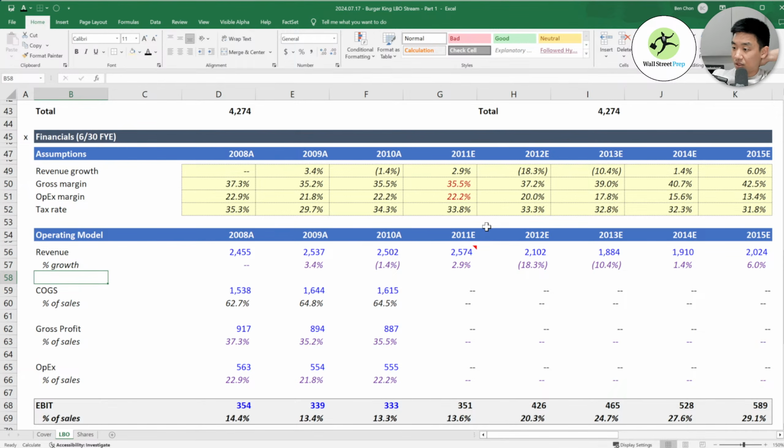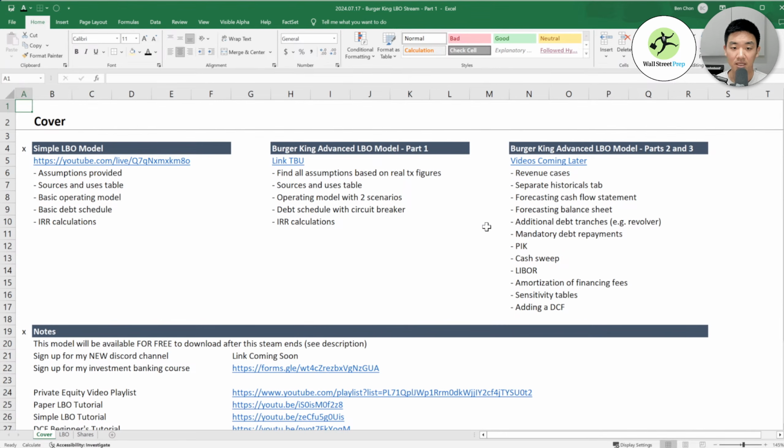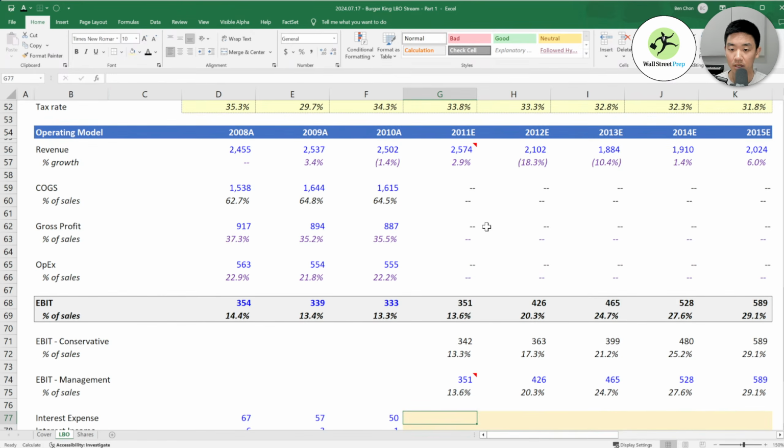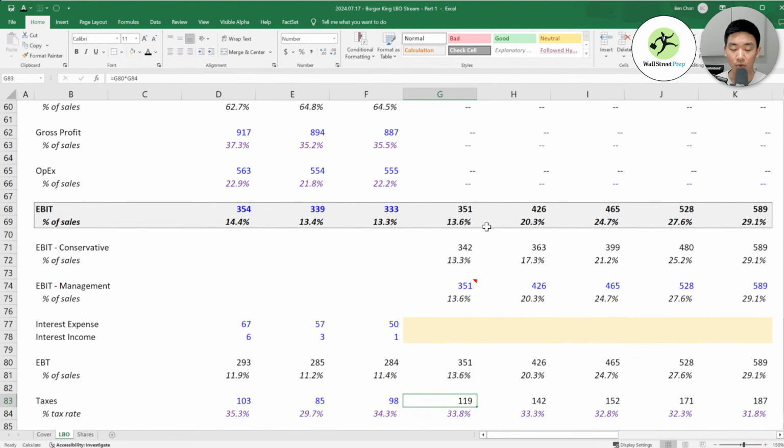Can you build a... I'm guessing you're asking about a 3 statement financial model, and that's actually going to be, as I talked about, some of you might have joined later, but this is part 1 of the advanced LBO. Later on, we're going to forecast the cash flow statement, balance sheet, and then do all this extra stuff. It's probably going to take me 2 videos, so I'm going to split it up into parts 2 and 3. If you joined in the middle of all of this, you may want to start from the beginning. We're going to build off what we build here in those future models.